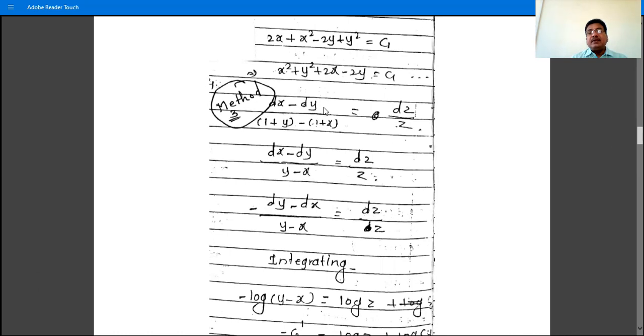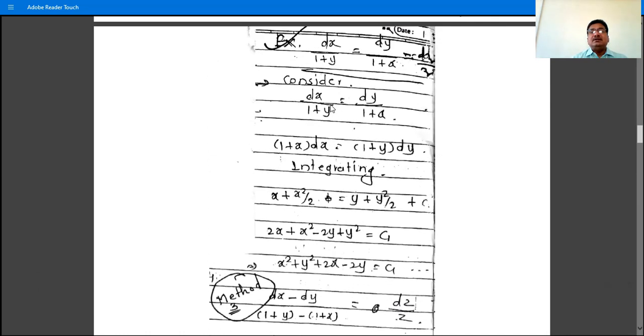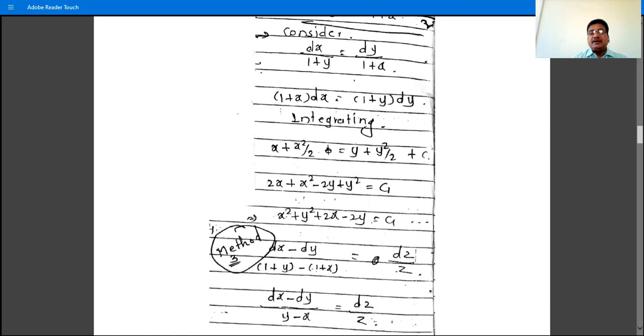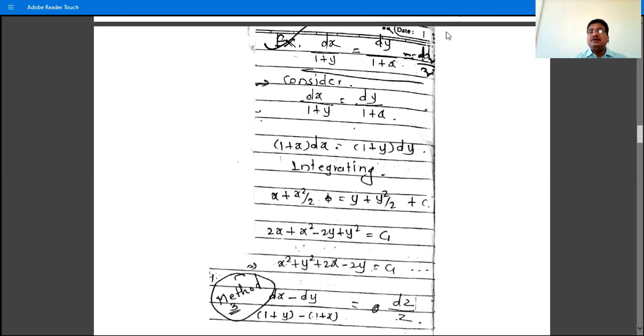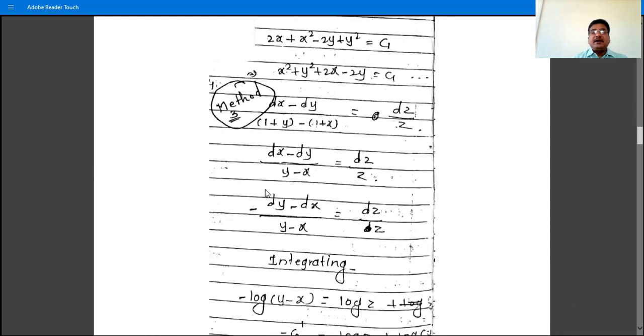So what do we have? Each ratio is equal to dx minus dy plus 0 dz. That is, each ratio means every ratio is equal to this quantity, that is dx minus dy plus 0 dz. And in the place of each ratio, we consider the ratio dz by z. So we have dx minus dy divided by y minus x is equal to dz divided by z. And then